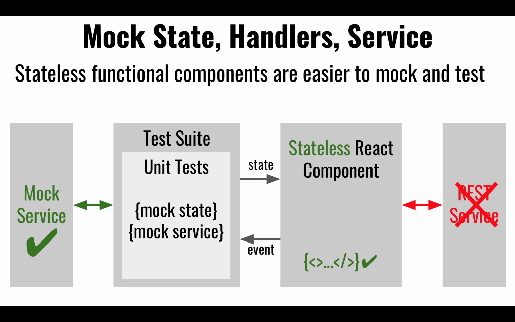Right. So this is the next thing that I was mentioning, the service. What this is going to allow us to do is that because the service is going to be implemented in such a way that we're going to be able to replace it with a mock version of that service and feed it into our container, we can mock the service, we can mock the state, so that for any events that the stateless component generates, we can generate a mock version of the state and then render it so that we can verify that for this particular event and this particular state we have an expected DOM rendering, and we can compare that against what the actual